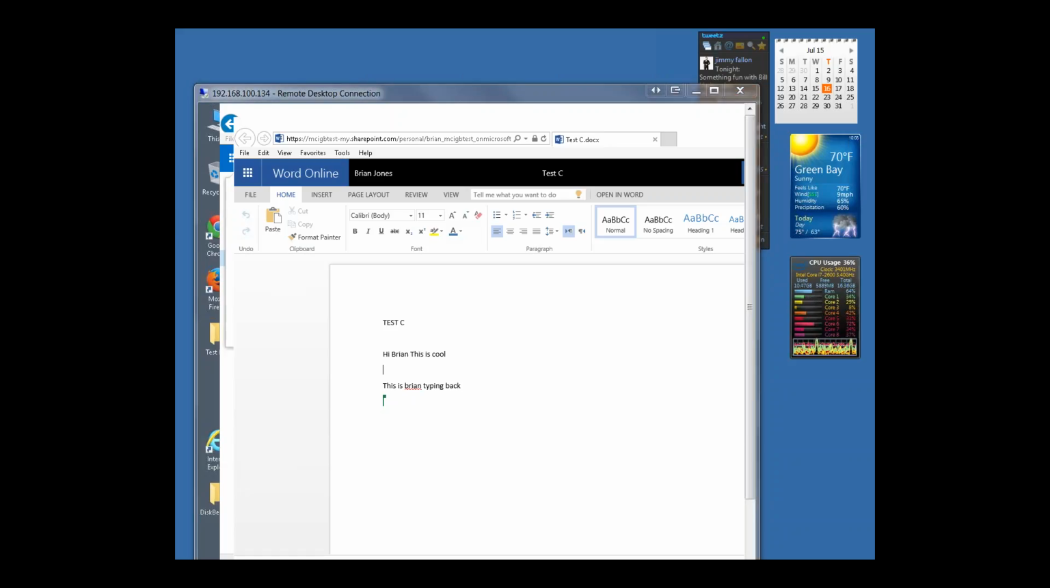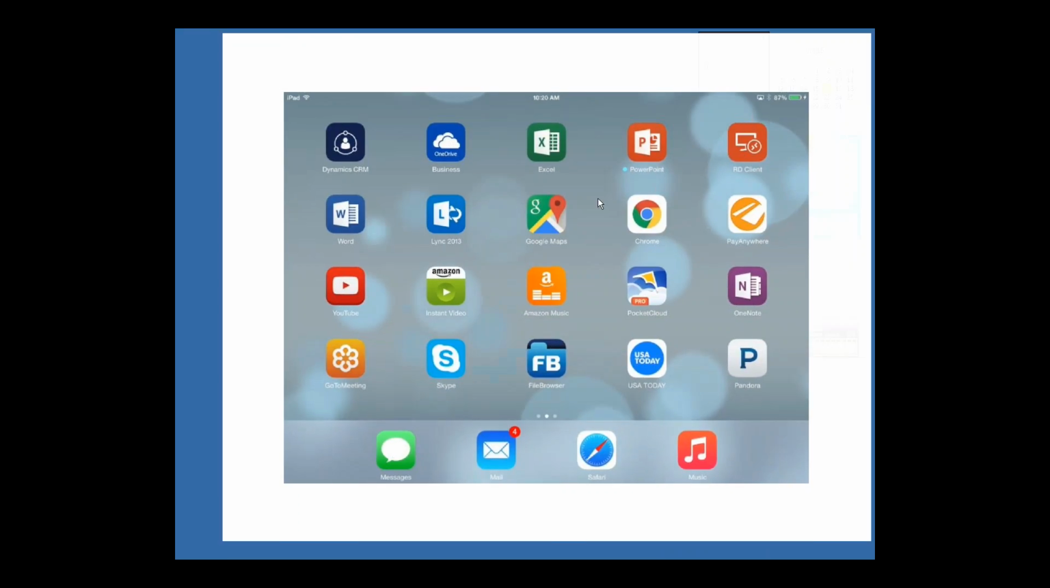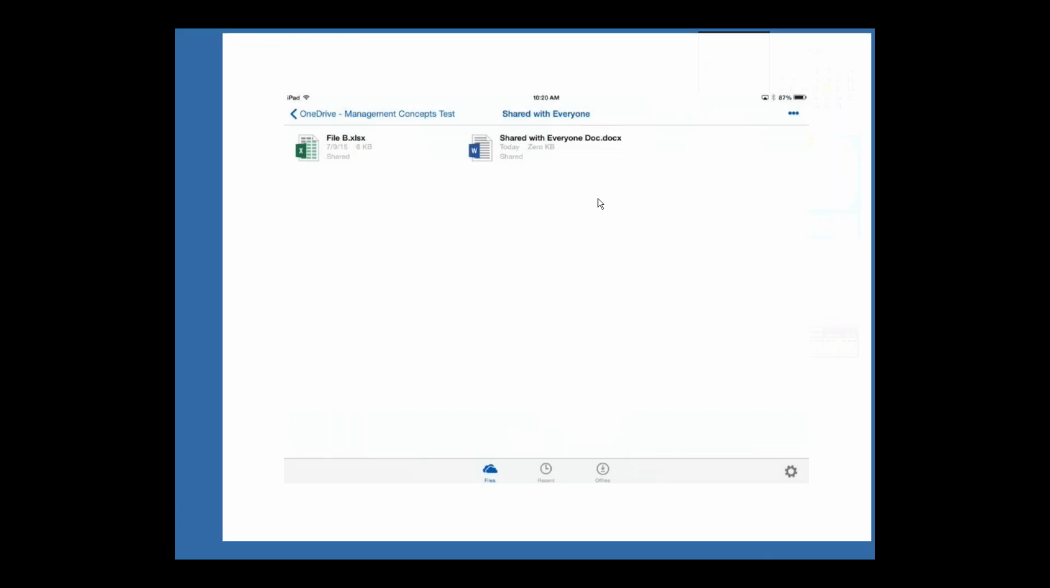Okay. Same thing works on a tablet device. Let me flip out there for a second. I'm going to minimize that. Let me find my handy dandy iPad here. I'll put that on the screen over there. If I open up my OneDrive, OneDrive for Business, there you see my